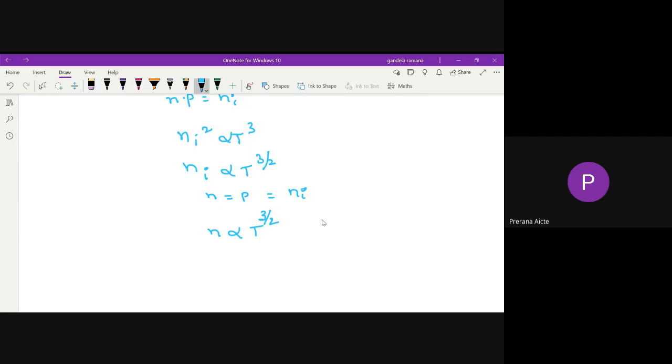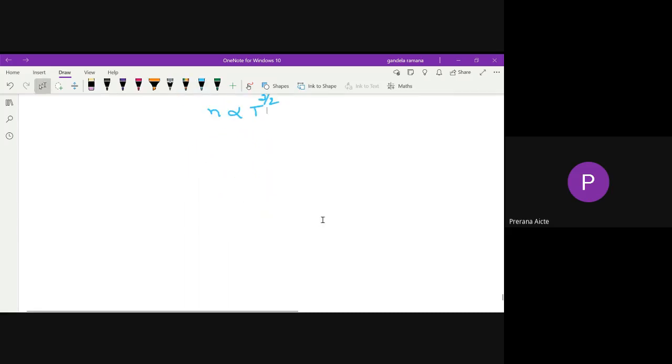Okay, so next topic, PN junction diode. We know PN junction diode very well. First of all, we must know the fundamentals. After that, we go for the PN junction in unbiased condition, forward bias condition, and reverse bias condition. So why is the name diode?